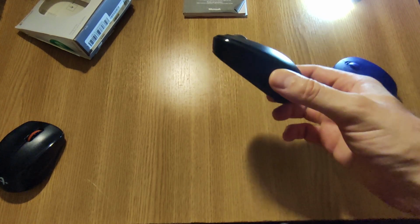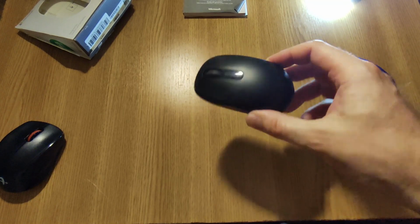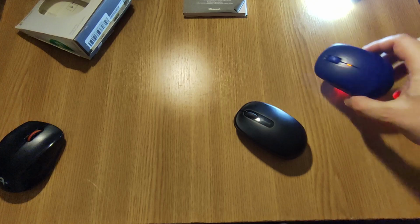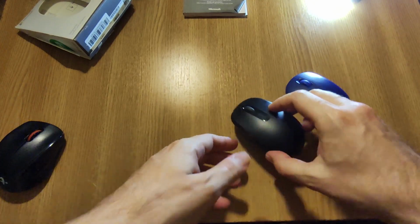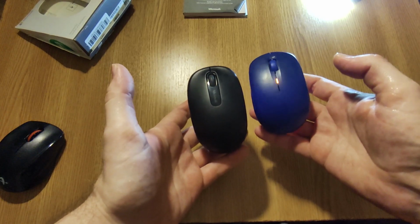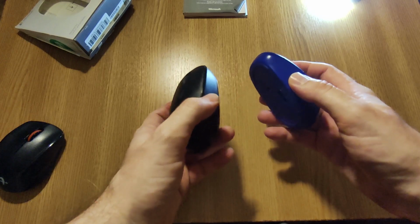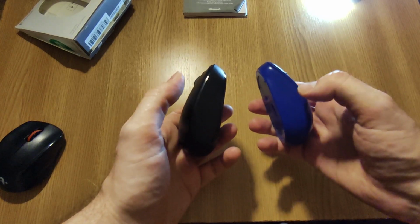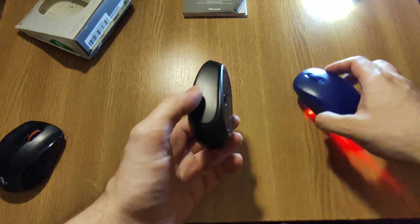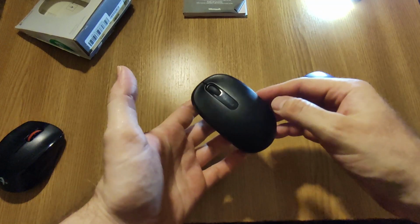After I show the mouse like this, I'm going to go to my laptop and show you exactly how this mouse moves, how the cursor moves on the desktop compared to the one from Dell. Just to say a few things about it. Overall, I like more the one from Dell, which feels a bit lighter, more high quality. This one feels a bit rough, heavier,